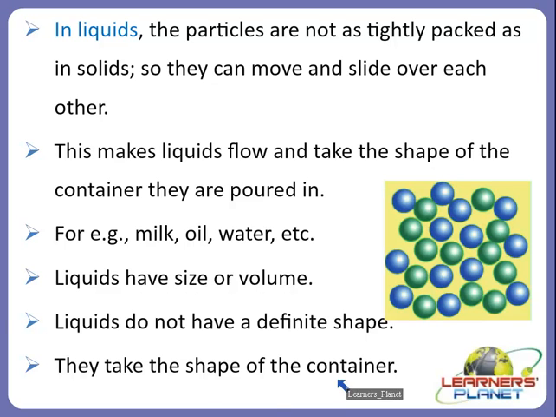We can take one more example, like milk. Milk is a liquid matter. It has size or volume. Volume means it occupies space. But milk does not have a definite shape. It takes the shape of the container in which we are pouring it. So liquids can flow, can be poured, and can be spilled. Did you ever spill juice or water on the surface? Did you notice how the liquid goes everywhere and you have to hurry up to wipe it up? Why so?